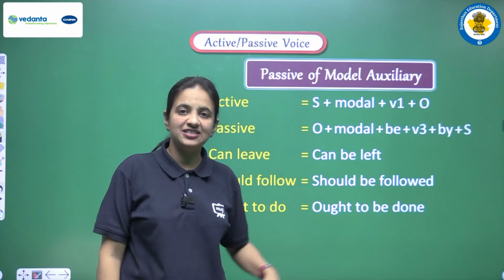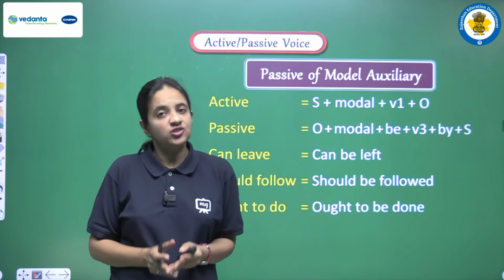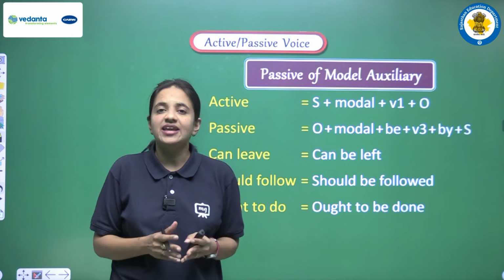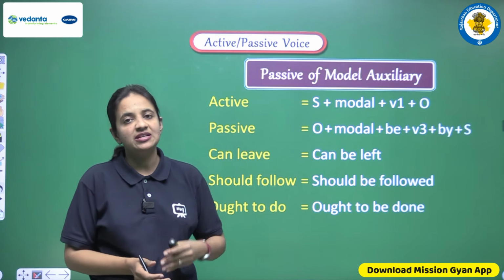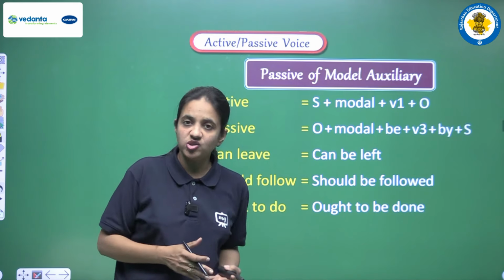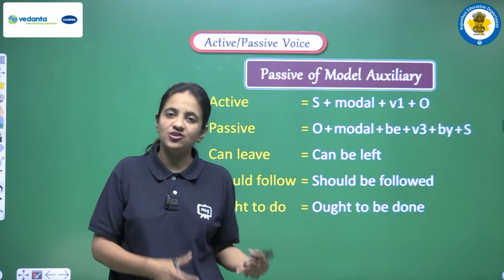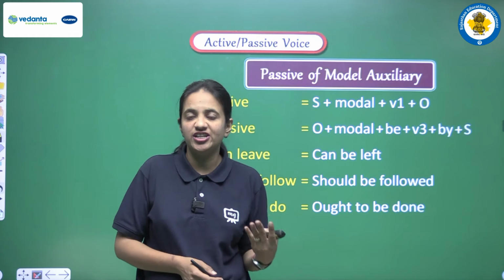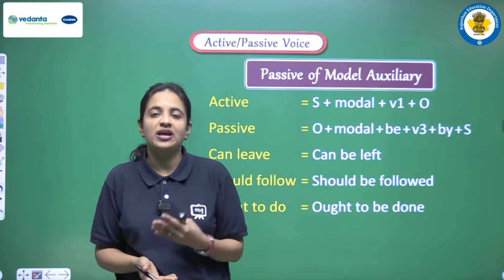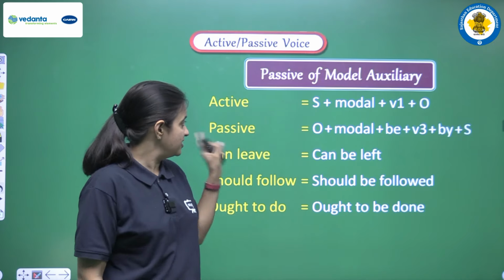Okay. Next we are having passive of modal auxiliaries. So yes, we have discussed this topic, modal auxiliaries. We have seen that we are having certain modals. So yes, in our active voice we can have a sentence in which we are having some modal. So at that time, yes, we can change such a sentence also into passive voice. So yes, we have to remember the structure of this, that how can we change a sentence of active voice into passive voice when there is any type of modal in the sentence. So let's see the structure.